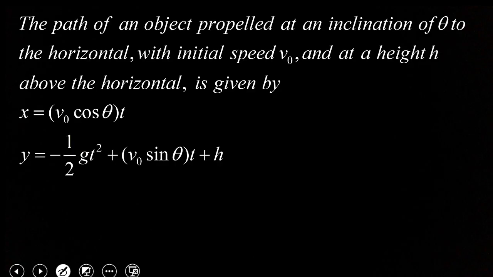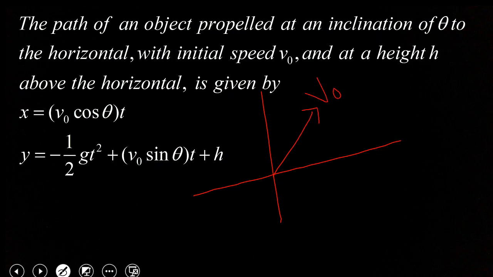All right, and here's an example of that in the text, where we are given a projectile that is thrown with a certain velocity v sub 0. When we say projectile, it means they throw it, it doesn't have an engine on it, right? It's just the initial velocity, and then nothing else acts on it except for gravity. And if you throw a projectile with that angle, then the horizontal movement of it is given by that,